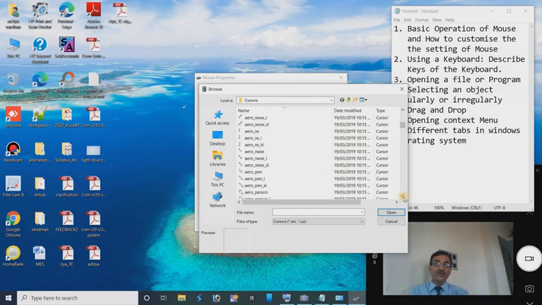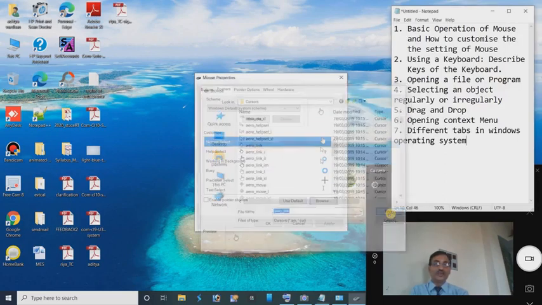So if you require to change the pointer, we'll have to use any one cursor from the list of cursor here. I'm going to select this one arrow, this one cursor, and open.